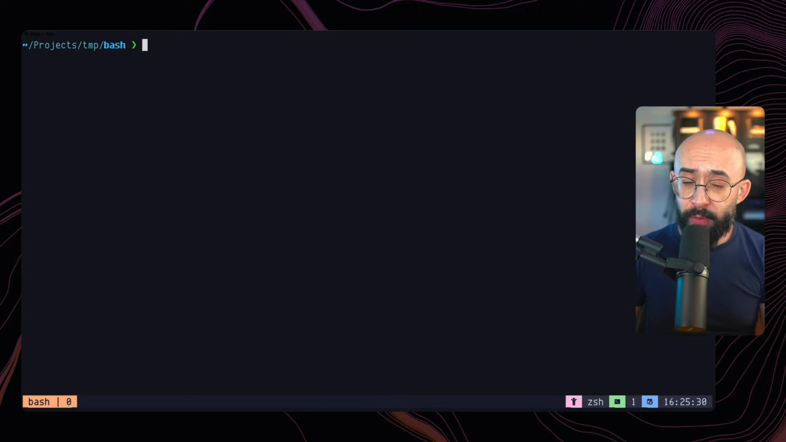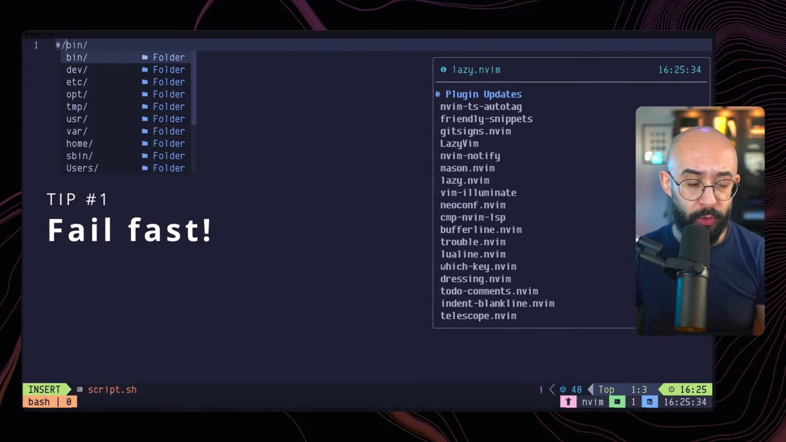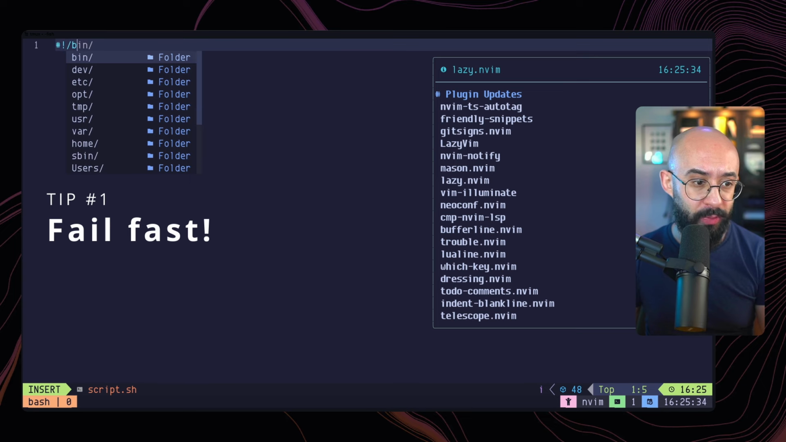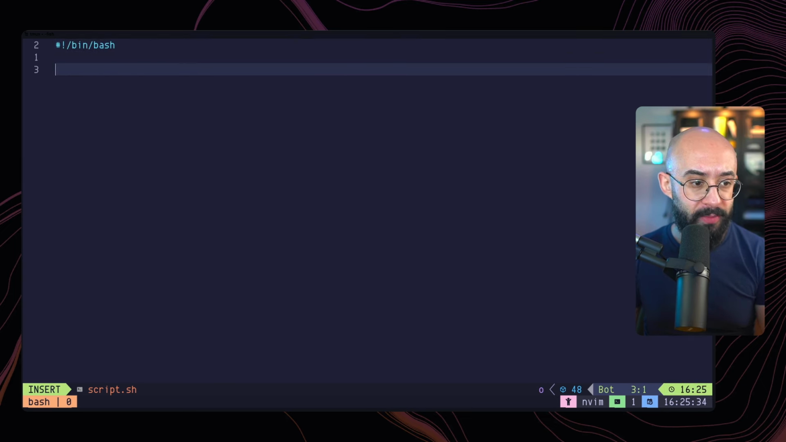Now, before we start with our first tip, let's create a simple Bash script, which we start with the shebang. And then we are going to declare that we are using Bash in this case. Now, the behavior of our script will change with this tip because we obviously want our script to fail fast and quickly and as verbose as possible. And we do that by doing